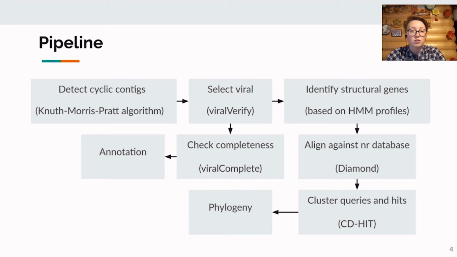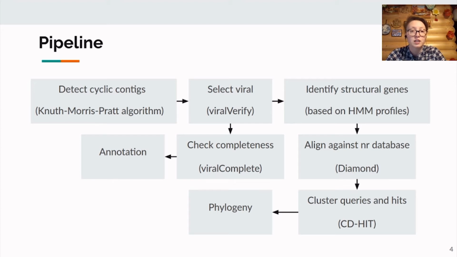A significant part of viral genomes represent cyclic or linear molecules with the ends containing repeated sequences. Both types could be recognized as cyclic sequences. We detect such contexts by searching repeats, ranging from 50 base pairs, with the Knuth-Morris-Pratt algorithm. This approach takes linear time depending on the maximum length of the allowed repeat, which permits processing large amounts of data and reducing its dimensionality.